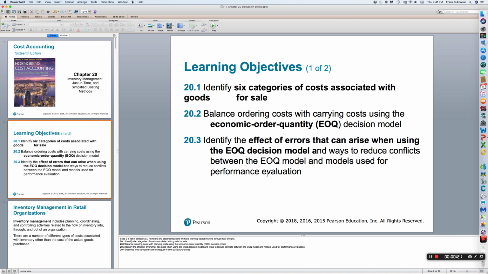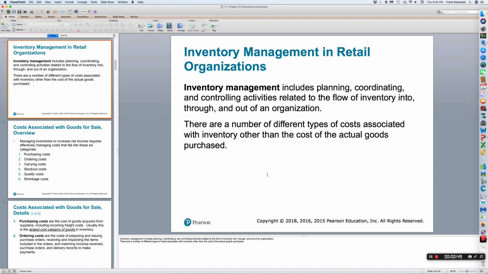Inventory management then will include planning, coordinating, and controlling activities that relate to the flow of inventory. And this flow of inventory will be into, through, and out of an organization. There are a number of different types of costs that are associated with inventory other than the cost of the actual goods purchased. We will be discussing the following costs: purchasing costs, ordering costs, carrying costs, stock-out costs, quality costs,